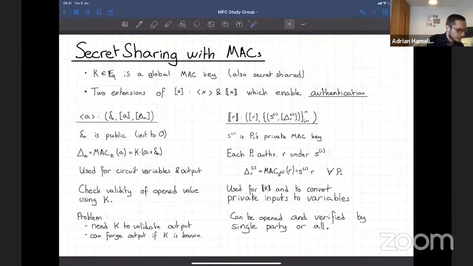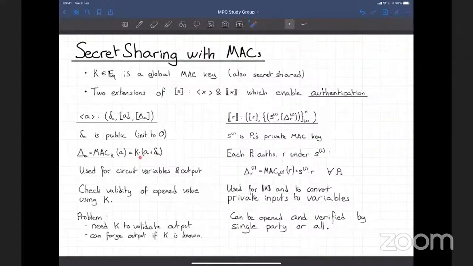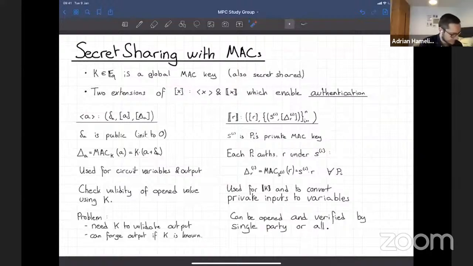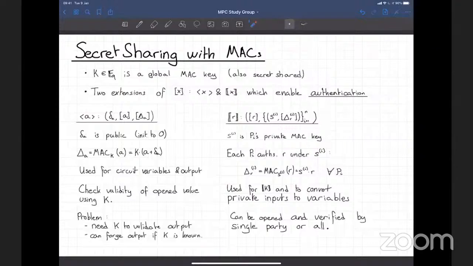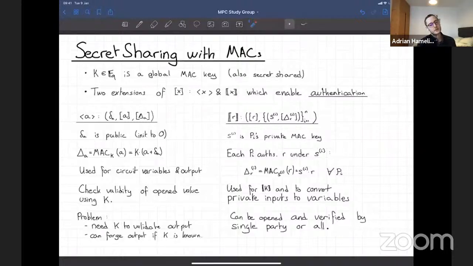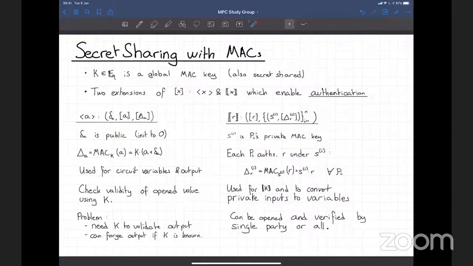So in particular, for here, if you're assuming that delta of A is initialized to 0, you're going to have to compute this multiplication. So sorry, A will be input here. Yes. Okay. So for each input, despite future computations that we'll want to do, we'll need one multiplication for each input for starters. Yes, but these multiplications are going to be done using this homomorphic encryption. I'm going to go over it. I think it'll make more sense in a slide or two. Okay, sure. But yeah, you're right.